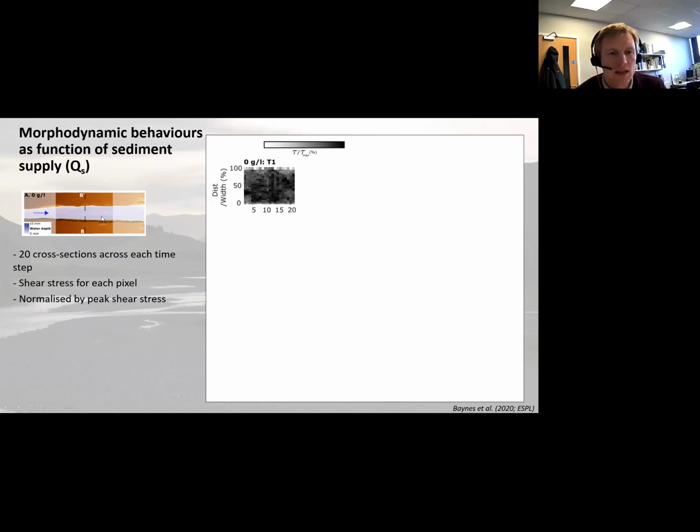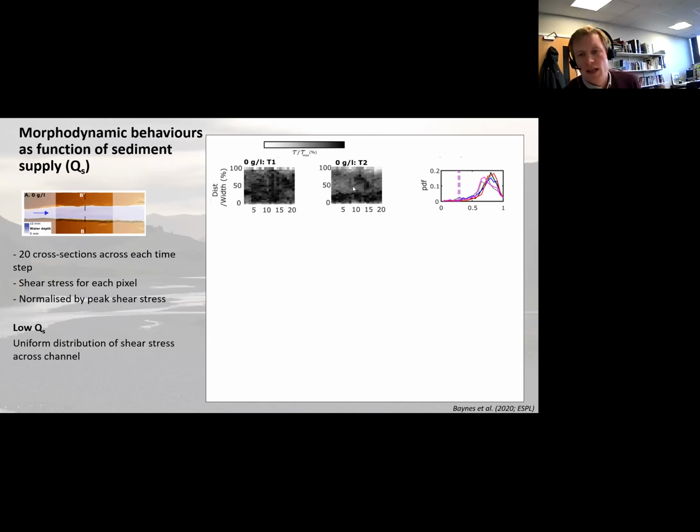And you can see that in the example DEM. It seems relatively uniform, almost like canal-like conditions, and we have no input sediment supply. What we have here in the middle is just another example of a DEM. So 2 minutes before this first one on the left-hand side, again, we have relatively constant shear stresses within the